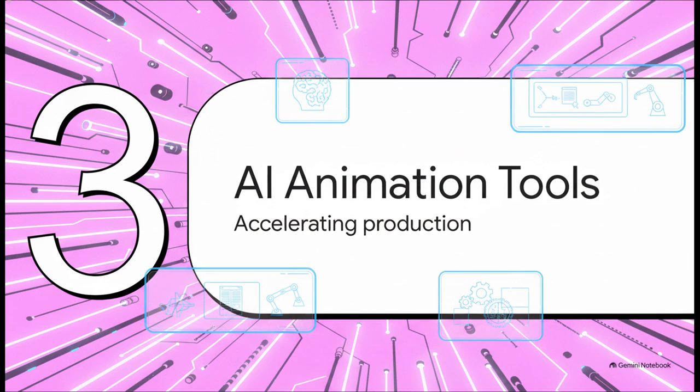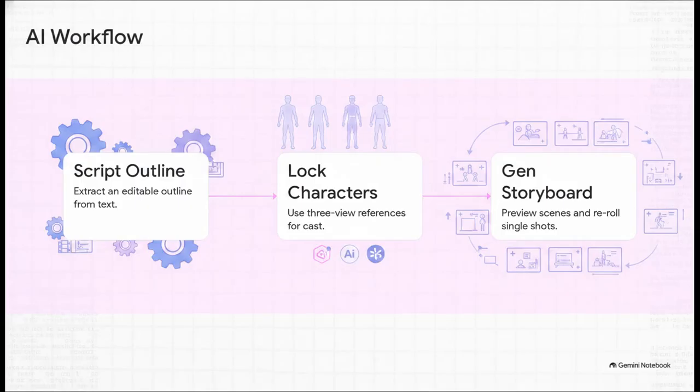Accelerating the production timeline. Now for the really fun part, bringing those foundational blueprints to life. Tools like Media.io and Kapwing have introduced a workflow where AI basically acts as your director's assistant. You start by entering your script to generate a customizable outline, then you lock in consistent characters using 3-view references, front, side, and back, so they don't randomly morph between scenes. Finally, you generate the storyboard, and get this, if one shot is wrong, you simply re-roll that single flawed shot instead of trashing the entire